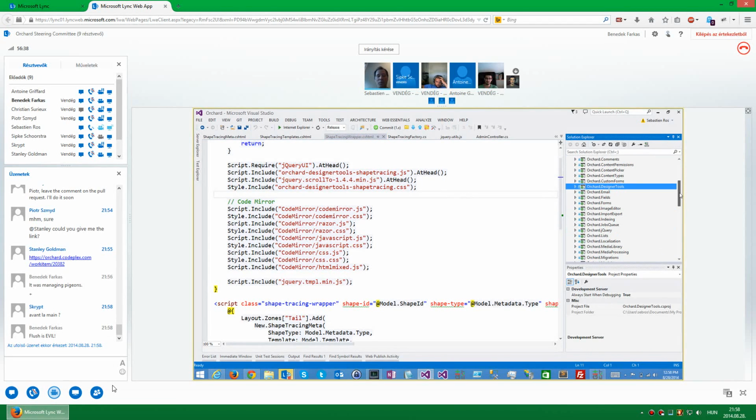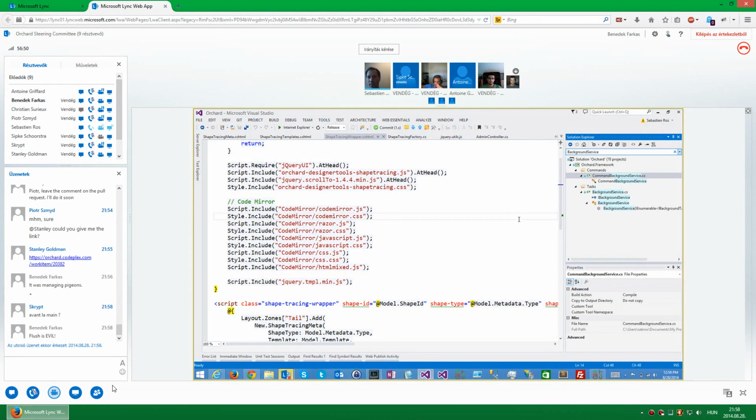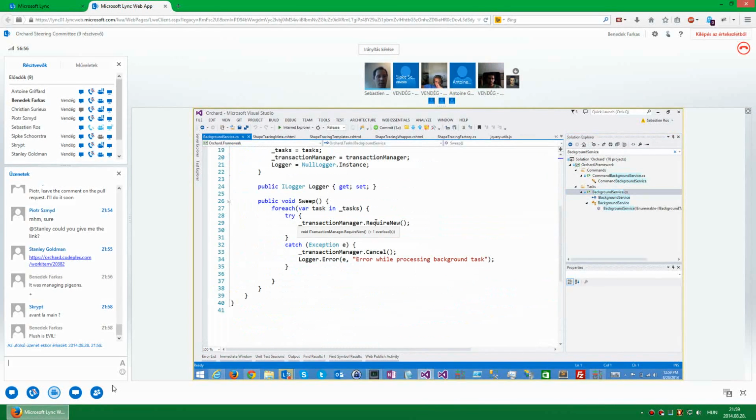And let me show you, because actually I've been working on that yesterday. This is the pattern. Did I fix it in 1.8x maybe?